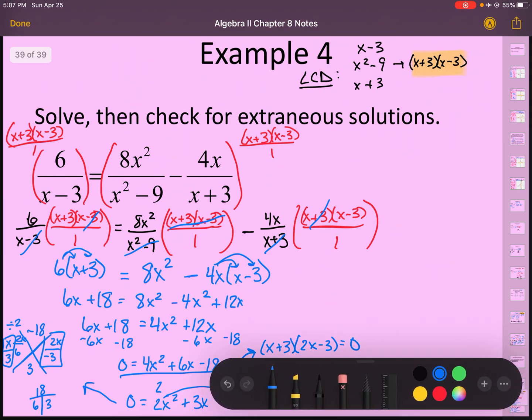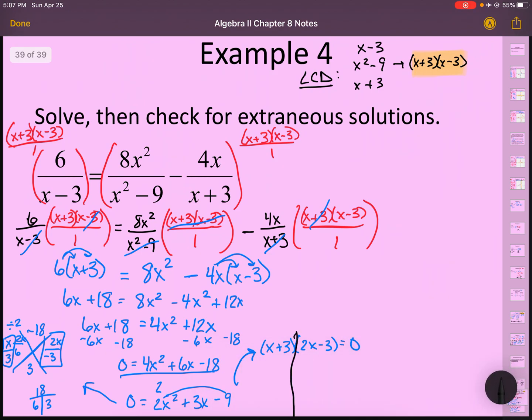And if we split and solve, we got x plus 3 equals 0, or x equals negative 3. And if we add 3 over here and divide by 2, this is x equals 3 halves, or 1.5. And again, let's check these. So if I check first,